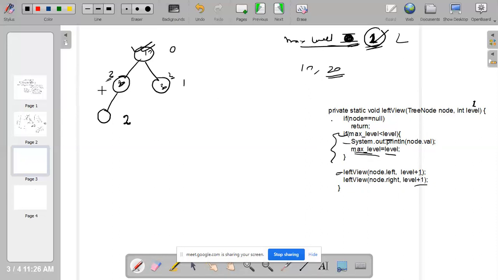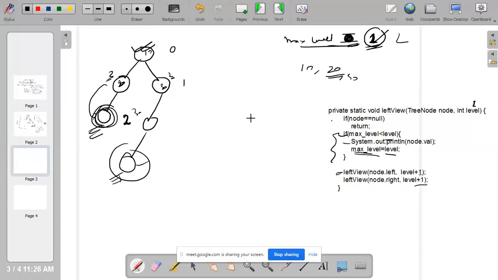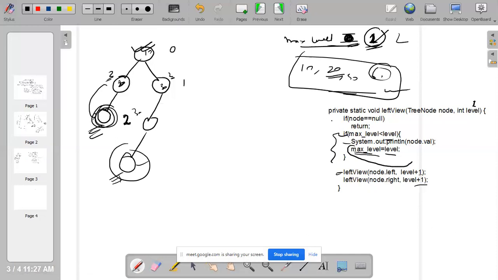So obviously the next time it will go to the next level, and there the first element will be coming here and here. So it will be printing here, let's say 30 is there, then it will print 30. Once this is done, it will go to the next level, level 4, and the first time it will get printed. So 40 or 50 or whatever, 60, will get printed. This is how you can tweak the code. So just consider this line of code, max level equal to level. This is the whole thing, tweaking the code to make it left view.